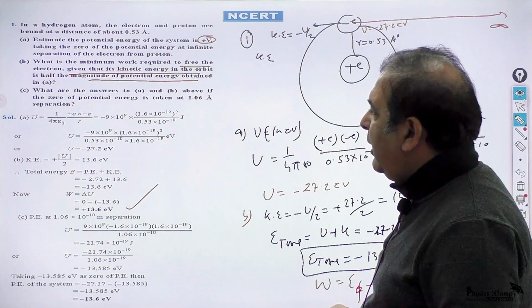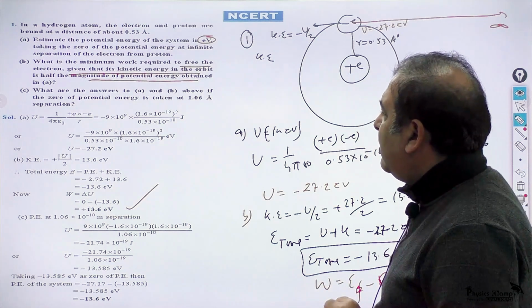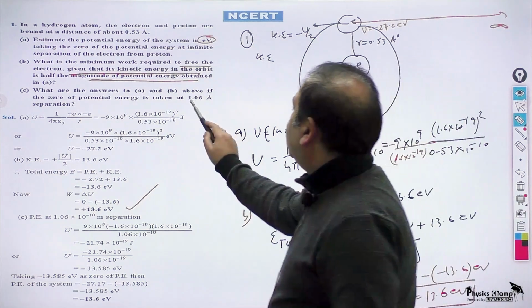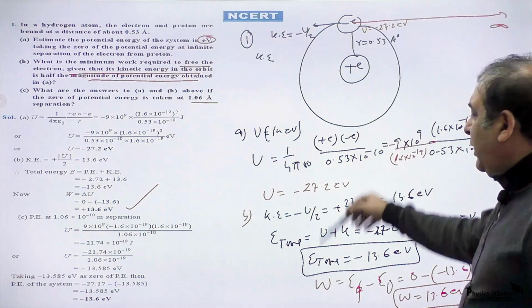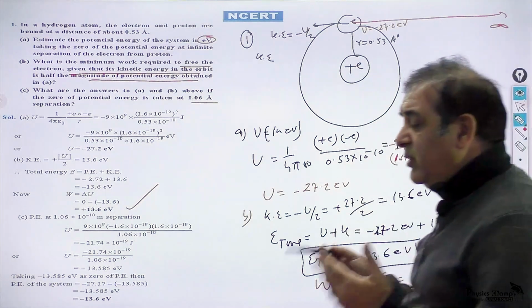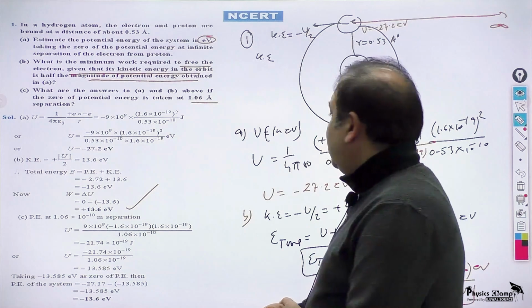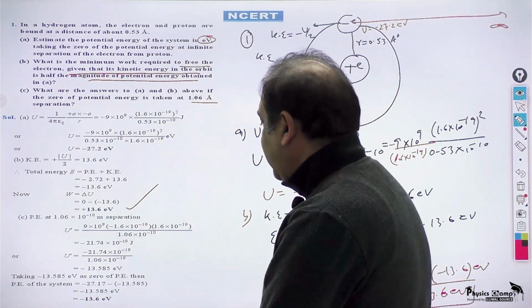Question number 1, part C: what are the answers of A and B if 0 of the potential energy is taken at 1.06 angstrom separation? At this moment in A and B we have taken 0 of potential energy at infinity. But if 0 of the potential energy is taken at 1.06 angstrom separation,